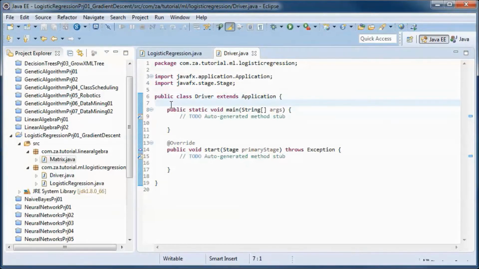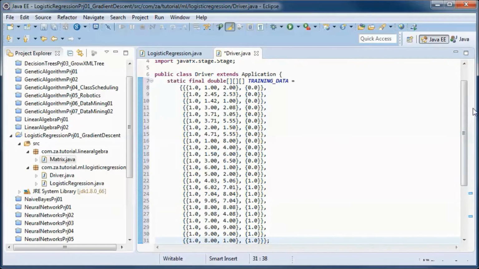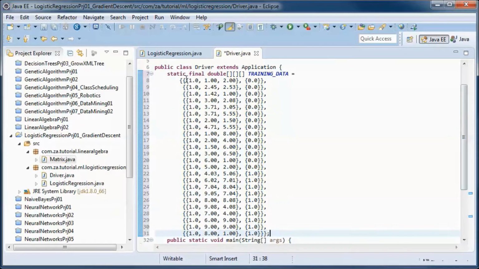Now this is the training data that we will be using here. So this is the bias, it's always 1, and this is the result for interview number 1, and this is for interview number 2, this column. And this is the label column. So 0 indicates that that candidate was not hired, and 1 indicates that he was hired.